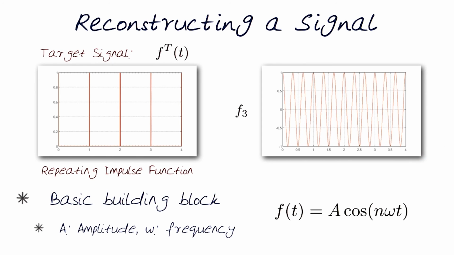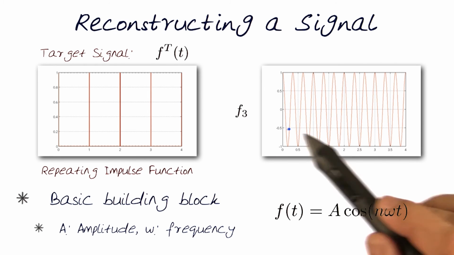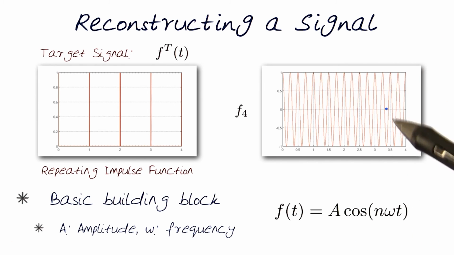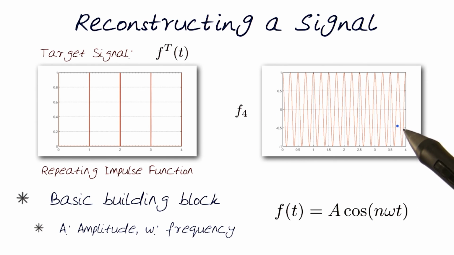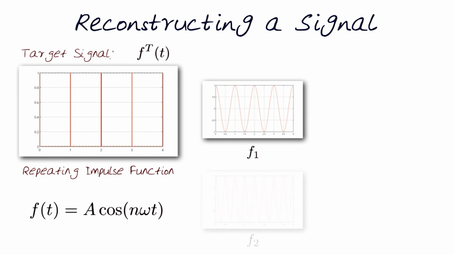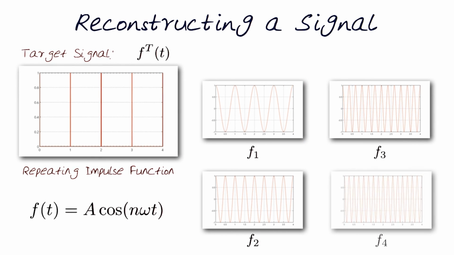Here, I've gone for an n value of 3 and repeated the signal again. So more frequencies are coming in. Here, of course, F4, again higher frequency. So in essence, what we've done is gone from low frequency information to high frequency information here. Now let's look at all of them together. This is F1, F2, F3, F4.